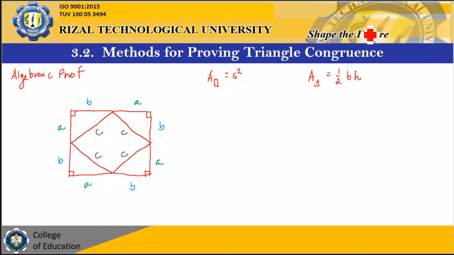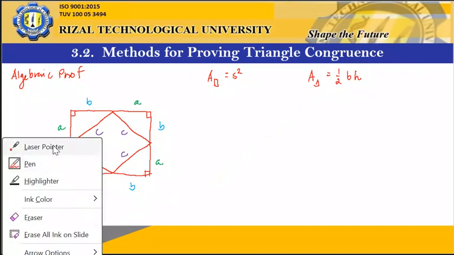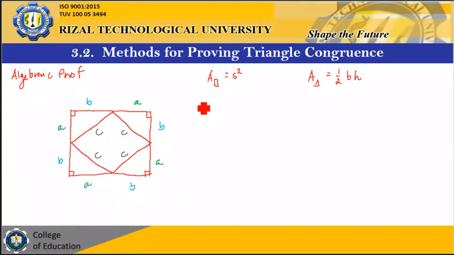Okay? So again, let's find the area of the outer square. We know that the area of the outer square is side squared is equal to,